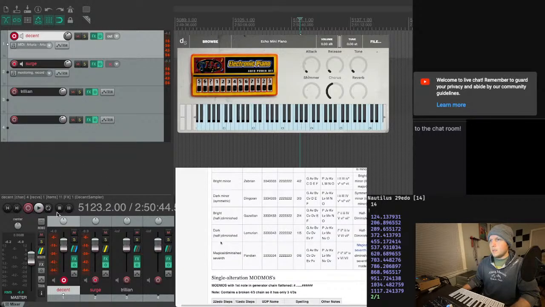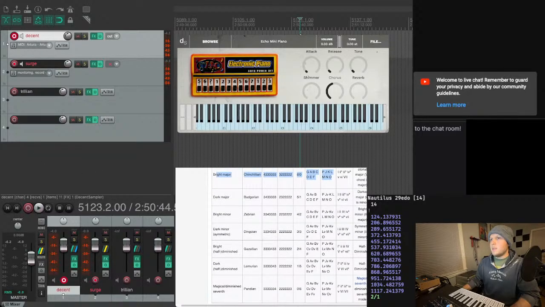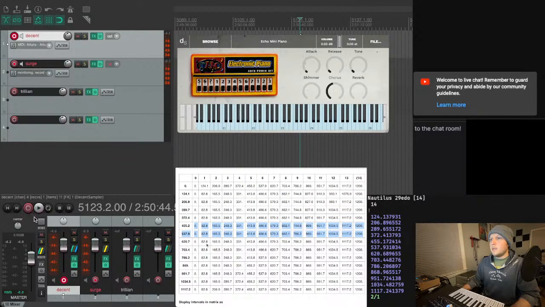So the dark half diminished is first, then the bright half diminished. Then we have the dark minor. So anyway, you have 2 magicals, 2 dark diminished, 2 bright diminished, then 2 dark minor, 2 bright minor,